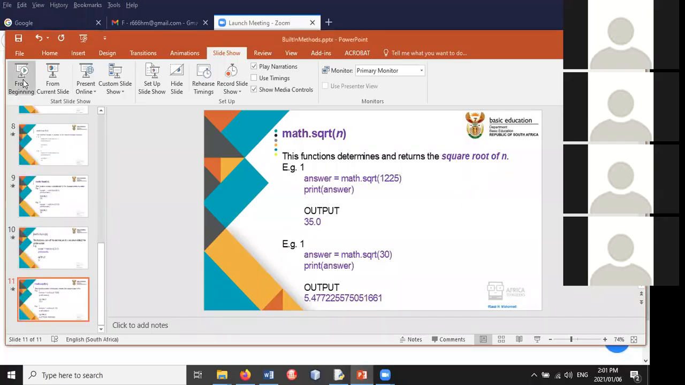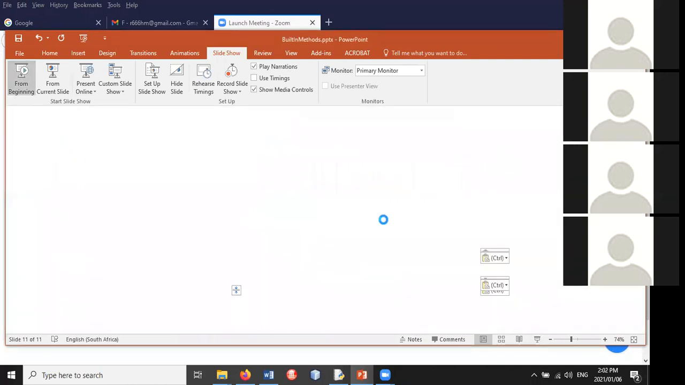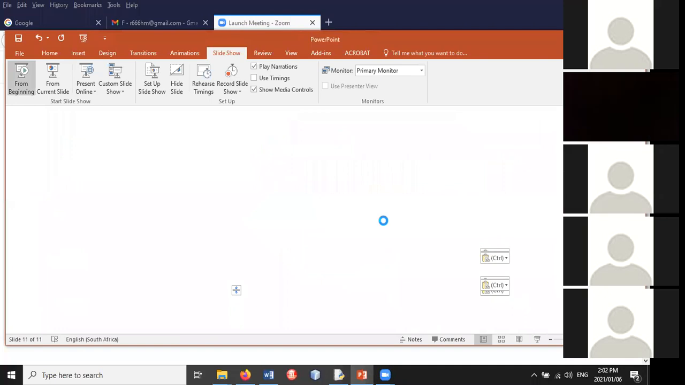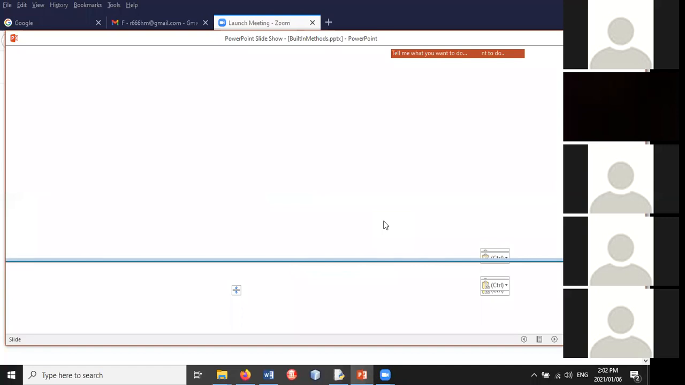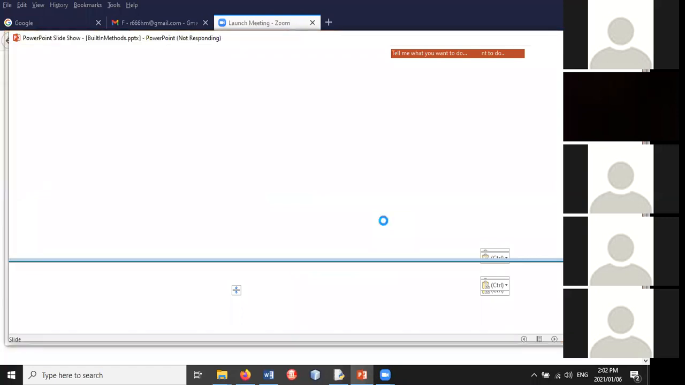Just remember yesterday we were looking at our different data types. We were looking at casting variables into different data types, from string to float, from float to string, etc. Today we are going to be looking at, well, my PowerPoint's frozen a little bit there. Today we're going to be looking at built-in functions in